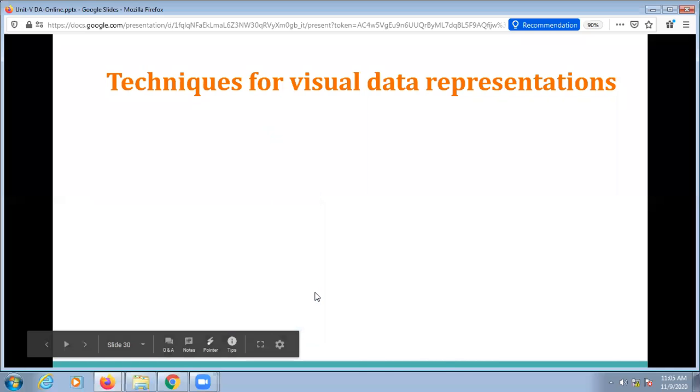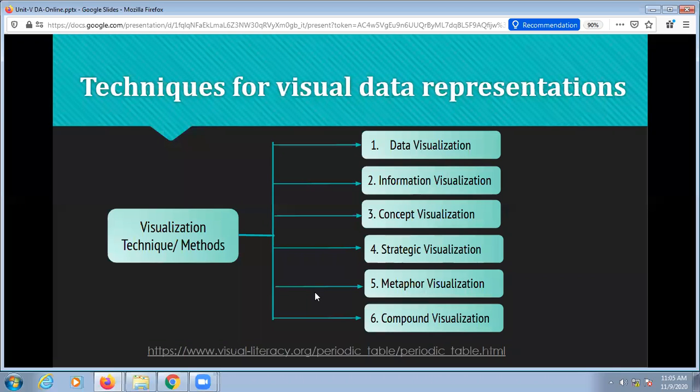So in your syllabus only two visualization techniques they have concentrated. First one is data visualization and information visualization. अगर आपके पास data है, that can be either in a textual format, means either in a structured format or in an unstructured format. तो अगर आपका data है या फिर आपके पास कोई information है and you want to